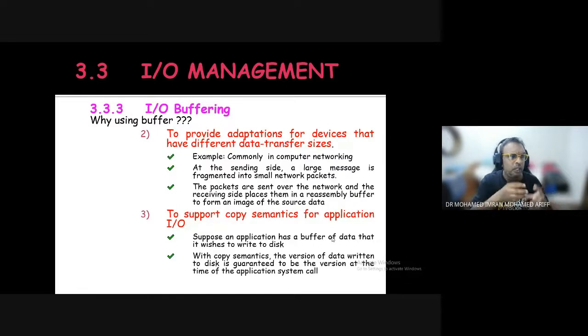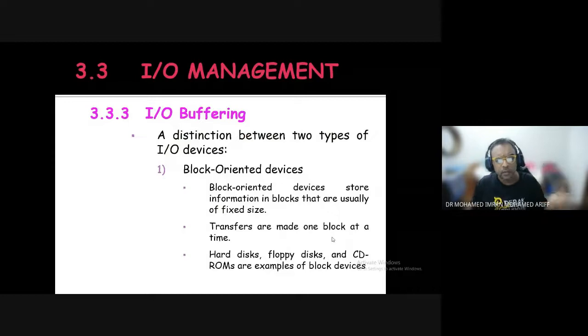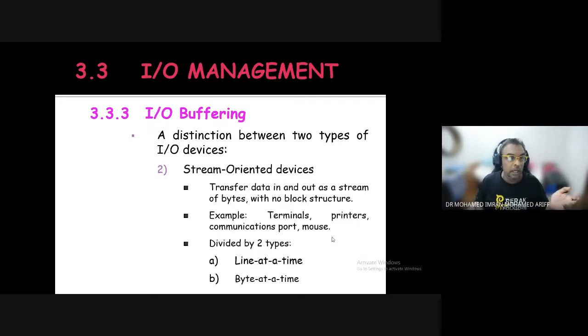So you can actually copy the semantics only from the buffer. All right. So there are a few types of buffer. There is a block version. Each data is transferred in terms of block after block. Normally this is for your hard disk. Or stream. This is normally when you say stream, maksudnya daripada printer, daripada modem, because it's streaming. Streaming means data is coming in a flow.